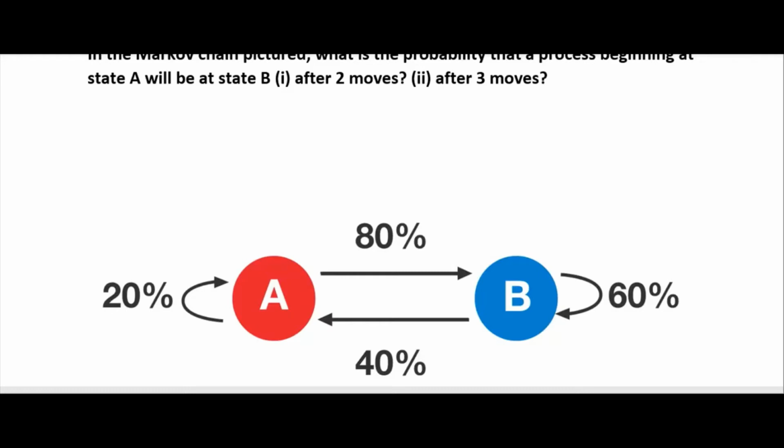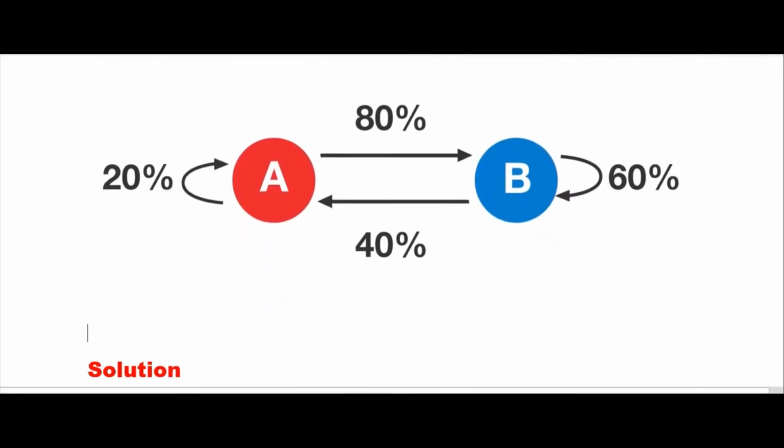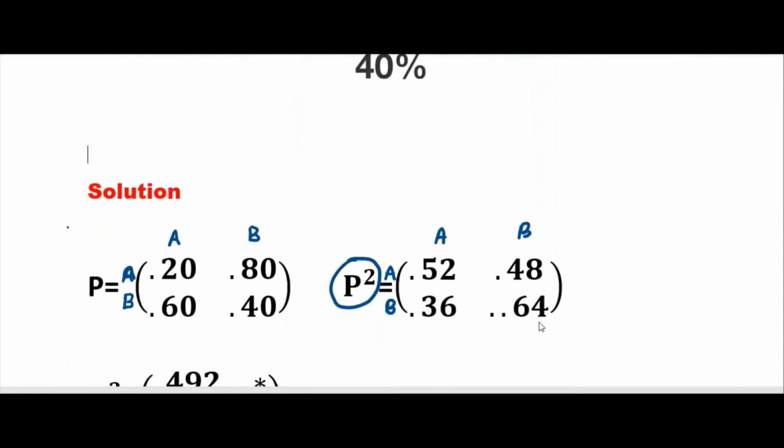Plus it will stay in A 20%, and the second time it will go to B, that is 80%. So 20% into 20% plus 20% into 80%. That is 0.52, and that is 52%. That is captured in the matrix multiplication. When you multiply matrices, the first one is multiplied with the first one, and the second one is multiplied with this one. If you write in the column, this column will come, right? 0.20, 0.20, then 0.80, 0.60. That is what we got here.